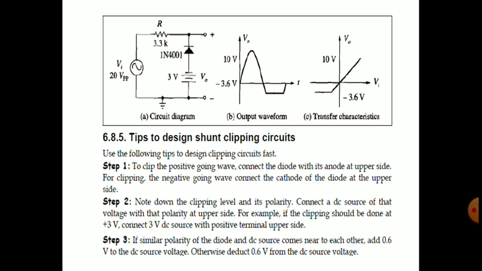This is wrong. This is vice versa. That means it's the reverse of that. If the opposite polarity of the diode and the DC source come near to each other, then add the 0.6 volts. Otherwise, deduct 0.6 volts, because if you can remember in any practical